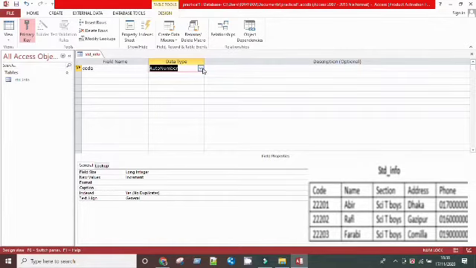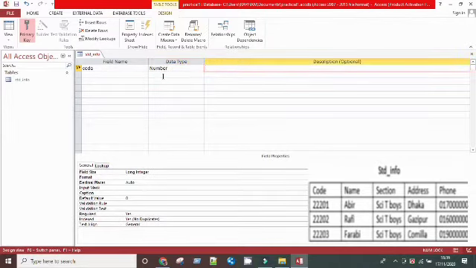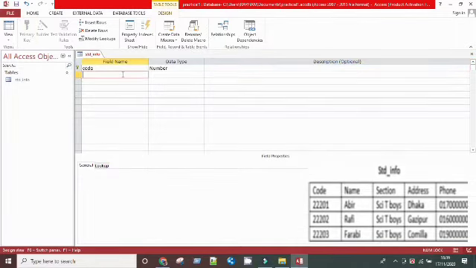Based on the above structure, for creating a table in design view, you have to type code as the field name. For the data type, auto number can be selected from the drop down list, but here I can use the number data type. I select the number data type. Next, the description is not mandatory.